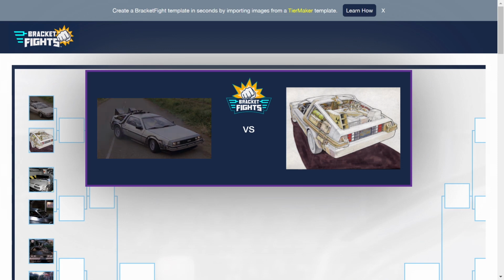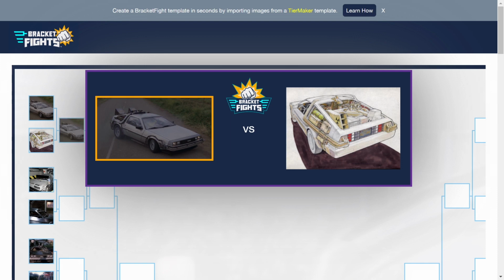So, the Back to the Future 1 time machine or this prototype? Oh, you're gonna have to go number one. Classic? Classic number one. What do you think of this one, though? Prototype, it looks cool. You can see the radioactive sign on the back near the engines, and I like it, but it's just the classic, you know. It's always gonna take the top. Do you like the old, made-in-his-garage feel? Yeah. Looks good, but...